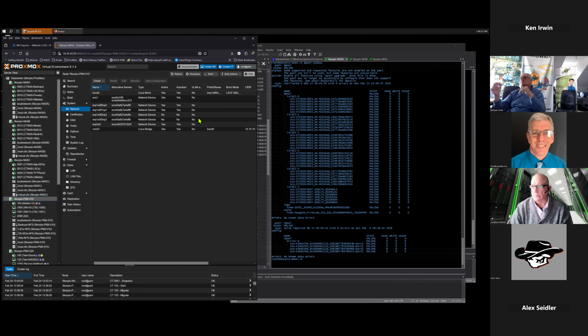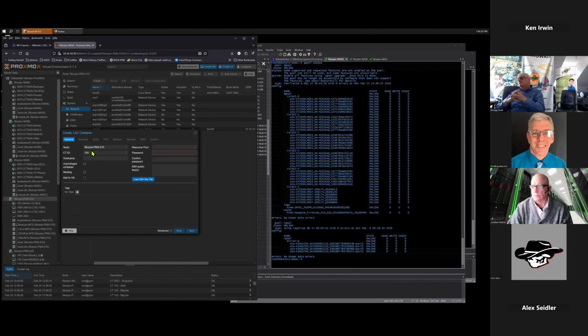So if I go to one of these compute nodes and say create CT, I'll just create a temp machine and give it a password.